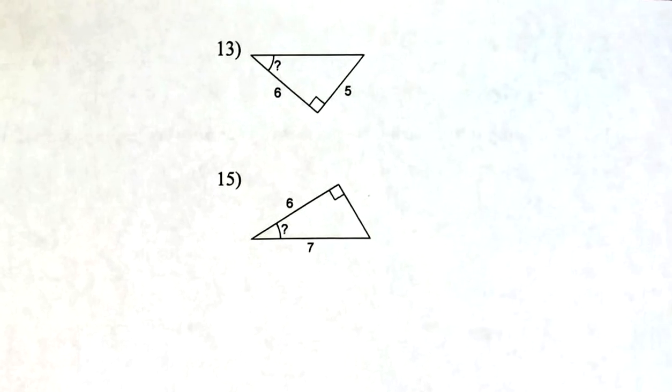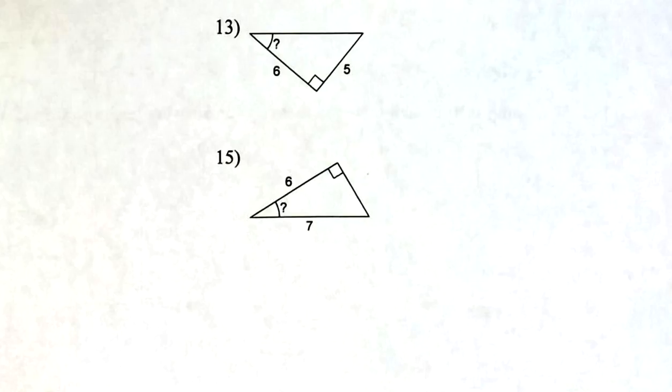We'll do number 13. Again, knowing the trig ratios is very helpful here, right? Sine, cosine, and tangent. We're trying to find this angle that's labeled with the question mark. I'm going to call it angle theta because I just like the look of that variable. So for this one, you can see from that angle, this is my opposite leg, and right next to it here is the adjacent leg. So when I have the opposite and adjacent and not the hypotenuse, that's the tangent ratio. So I can say that the tangent of my angle theta is equal to